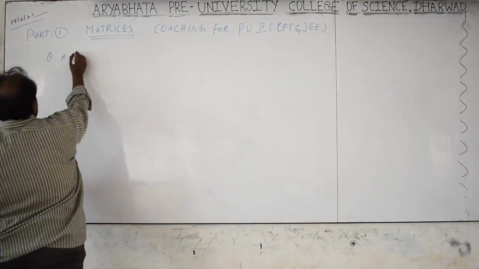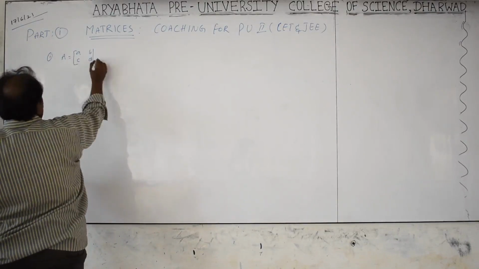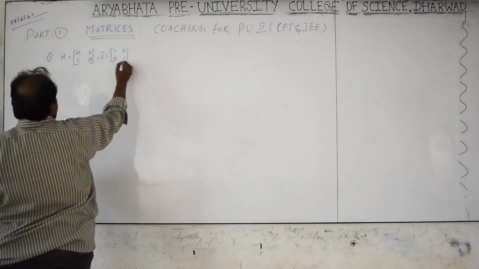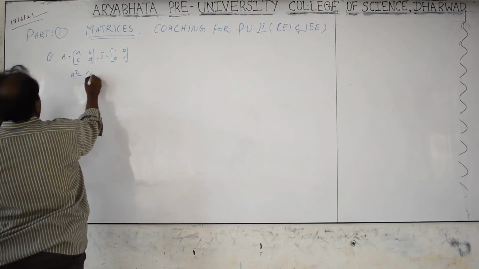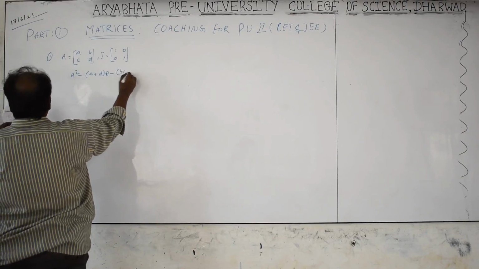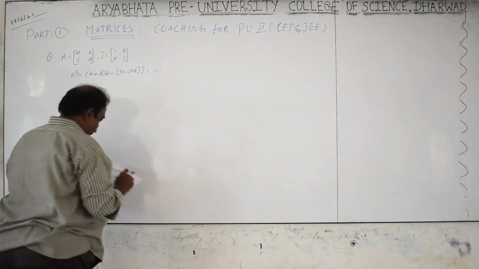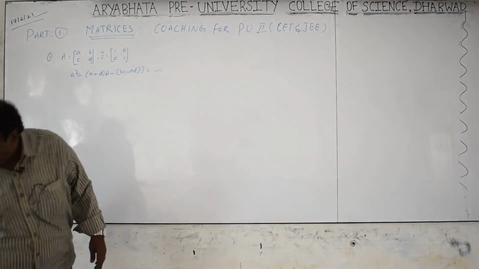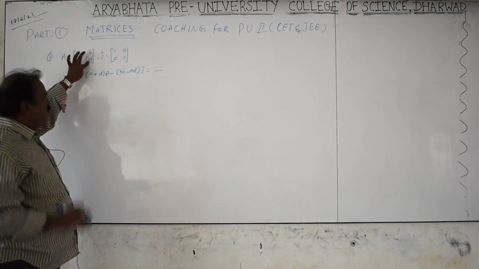Capital A is equal to [a, b; c, d]. Okay? I is equal to [1, 0; 0, 1], the identity matrix. And we have to find A square minus (a plus d) into A minus (bc minus ad) into I is equal to dash. Here is somewhat